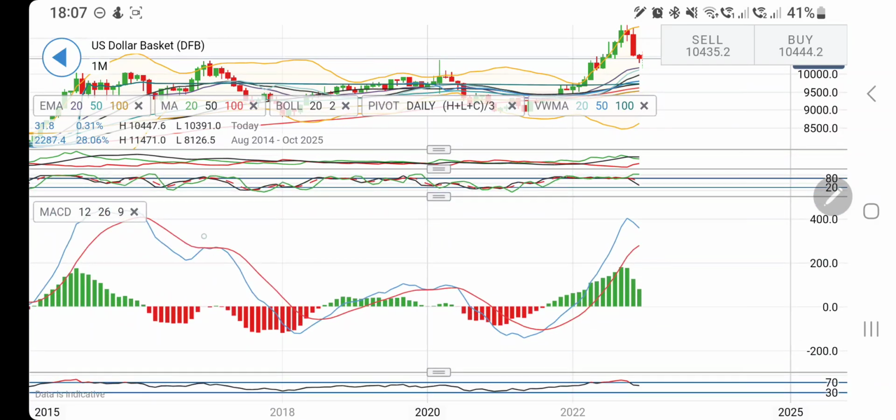And if you look at the MACD, it has seen a high, and probably from here it has to cross over. We are waiting for it to cross over, and a sharp red candle will definitely do the job for it. The weekly and monthly charts are giving contradictory signals here. On the monthly charts it is extremely overbought, and it has to converge and cross over.